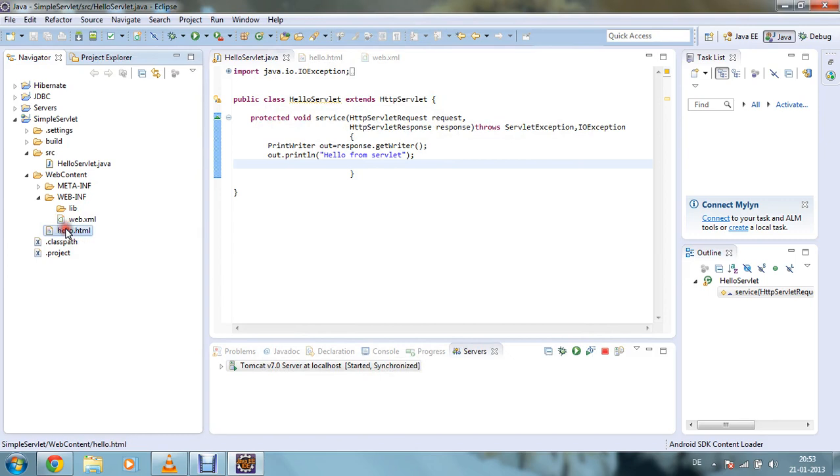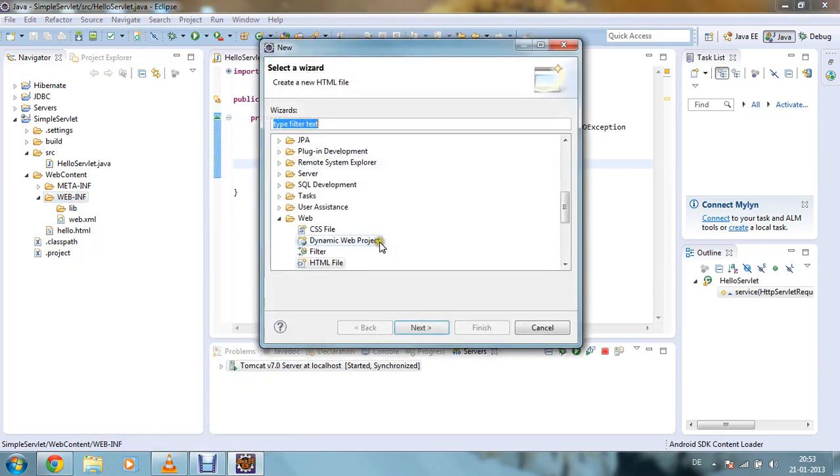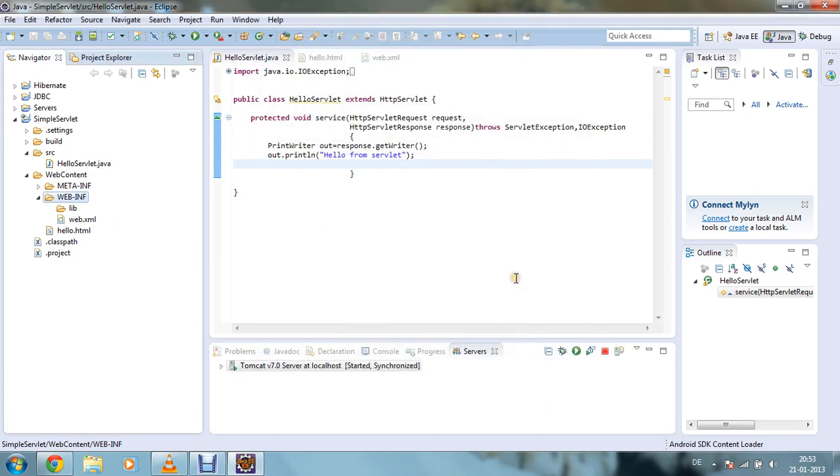And hello.html can be created by right clicking on WEB-INF, selecting New, going to the Other section, selecting the HTML file and clicking Next, and giving the file name as hello.html. After clicking Finish, your HTML file will be ready.